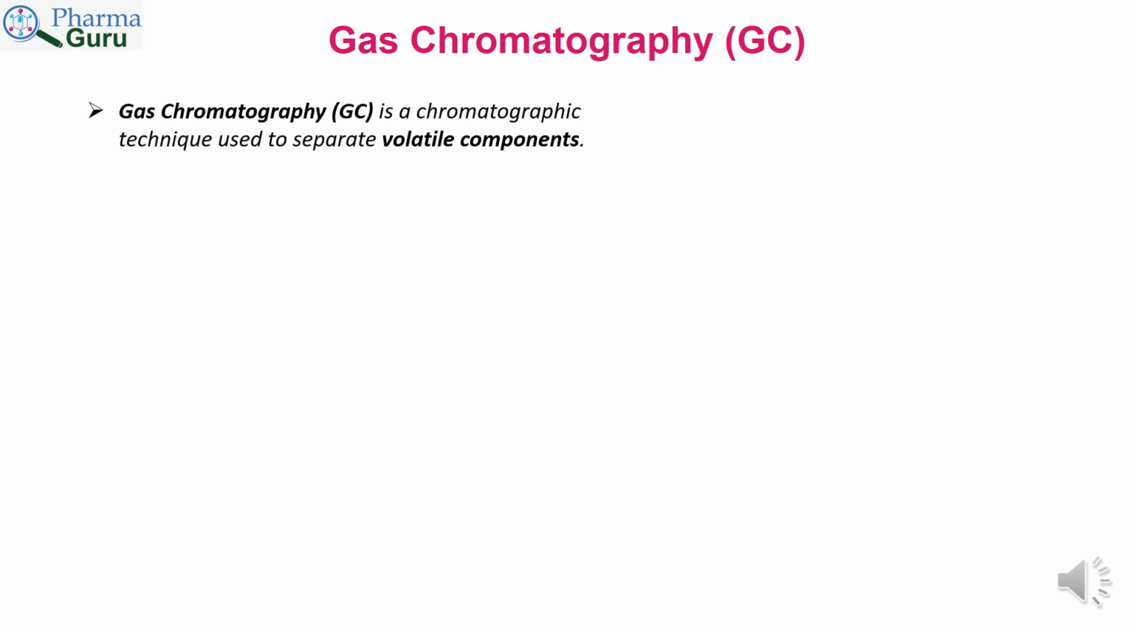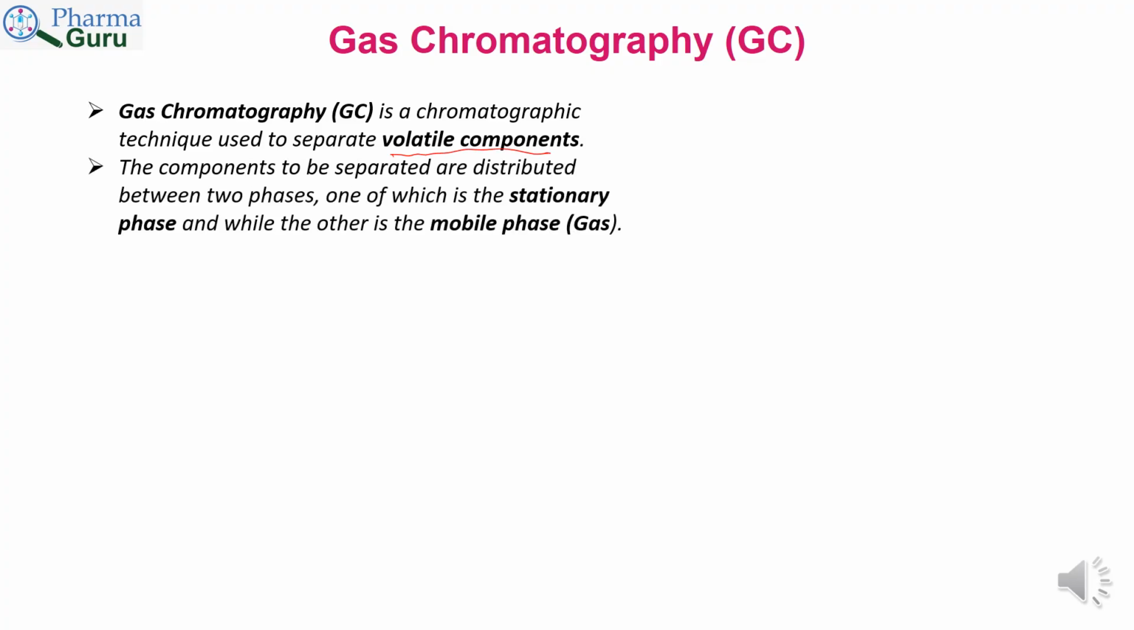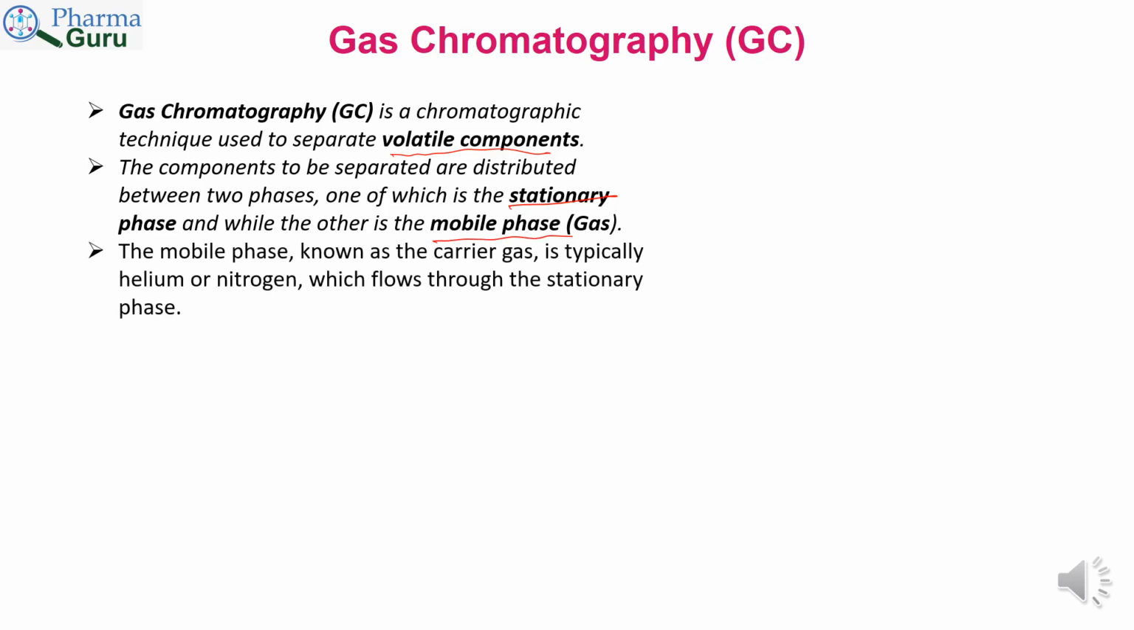Gas chromatography or GC. Gas chromatography is a chromatography technique used to separate volatile components. The components to be separated are distributed between two phases, one of which is the stationary phase and second is the mobile phase, which is gas. The mobile phase is called carrier gas, and in GC generally helium, nitrogen and hydrogen are used as a carrier